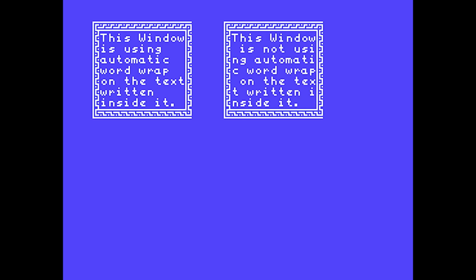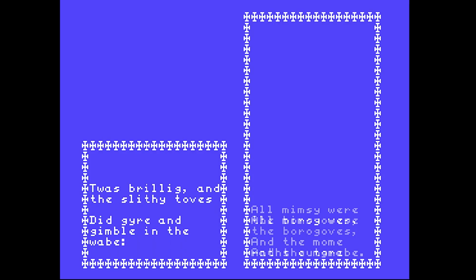And as you can see here, it can be turned on or off. But turning on word wrap gives you automatically wrapped and left justified text in your window. So you don't have to worry about spacing and positioning your text, because that all happens automatically. One more thing that T40XB figures out for you when you're writing text to your windows is scrolling. If you print text below the bottom of your window, T40XB will scroll the window as much as it needs